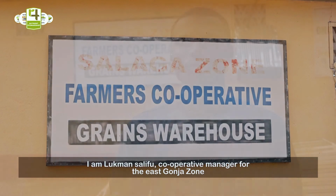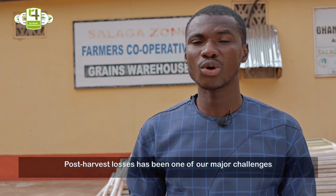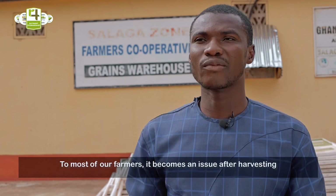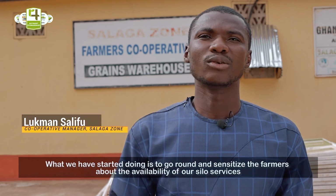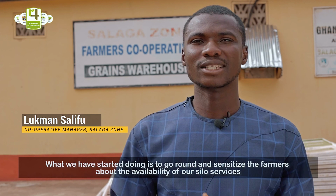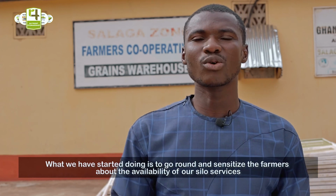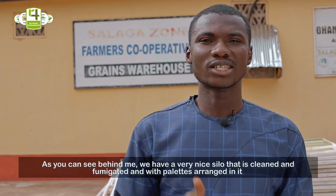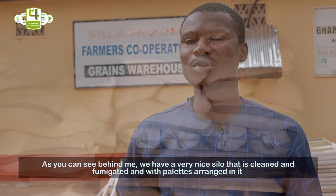I'm Lukman Salifu, the cooperative manager for East Gonja Zone. Post-harvest losses have been one of our major challenges. Most of our farmers, after harvesting, it becomes an issue. And then what we do as a cooperative, what we have started doing is sensitization. We went around to sensitize them on the availability of our silo services. As you can see behind me, we have a very nice silo that we've cleaned in there, fumigated it with